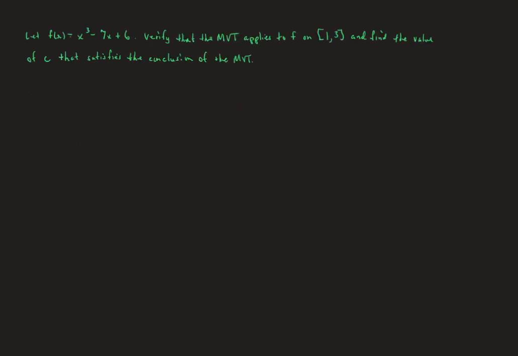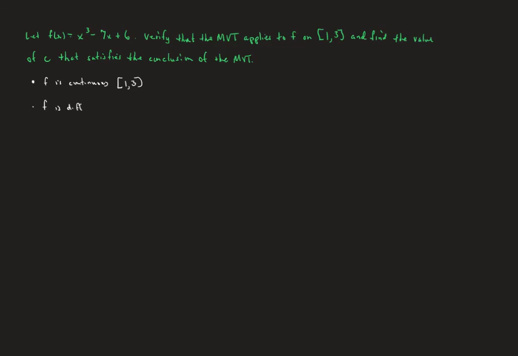So here we have f of x equals x cubed minus 7x plus 6. Can we verify the mean value theorem applies to f on the interval from 1 to 3 and find the value of c that satisfies the conclusion of the mean value theorem? So trying to understand the conditions for the mean value theorem, we need f to be continuous on the closed interval from 1 to 3, and f to be differentiable